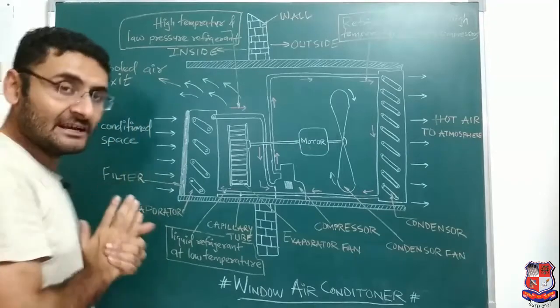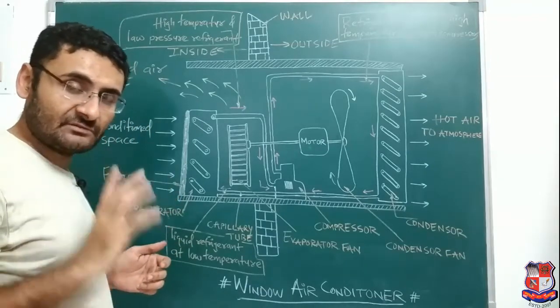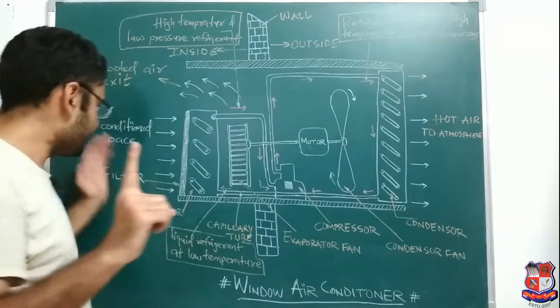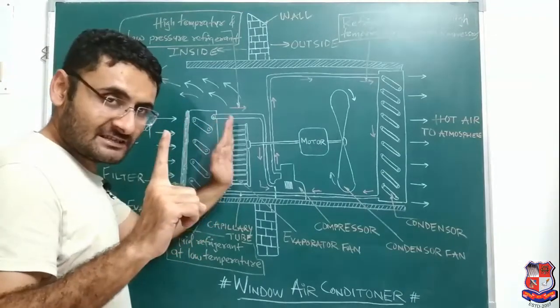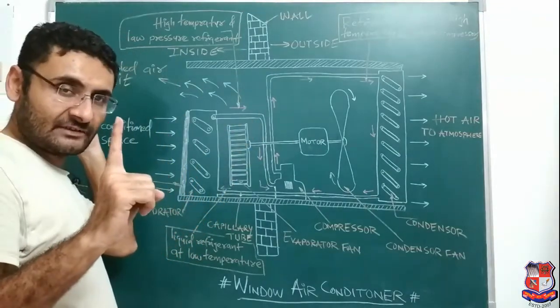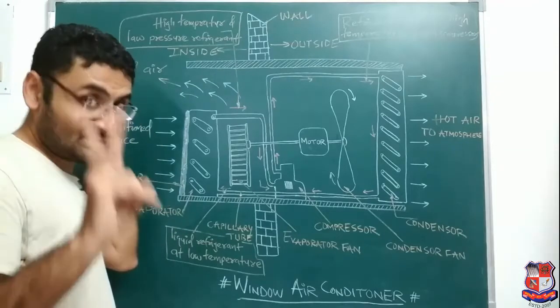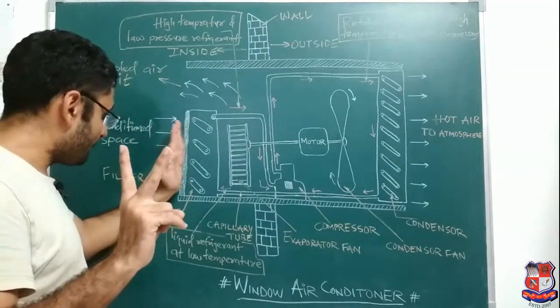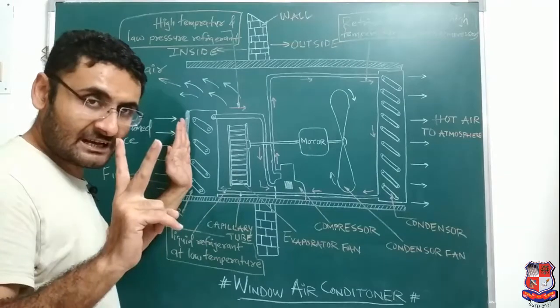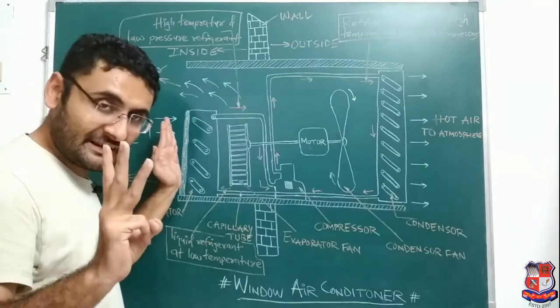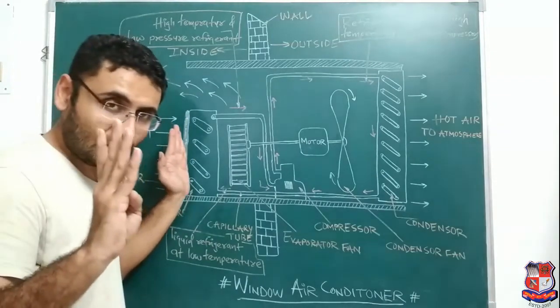Now air conditioning means what? In air conditioning, which things are we maintaining? First one, temperature is maintained. So over here the heat exchange process takes place. Cold air is rejected, so temperature is maintained. Second one is what? Dust particles are removed. So with the help of the filter, dust particles are removed. Third one is what? Humidity is reduced and moisture particles are also reduced.